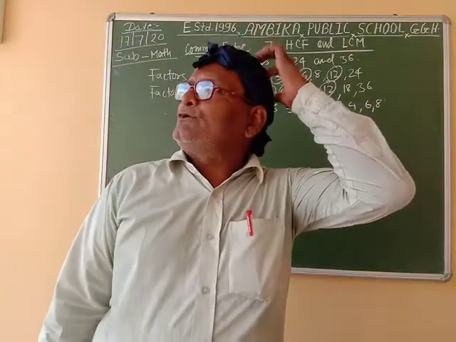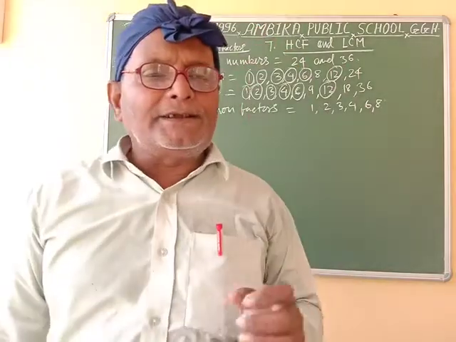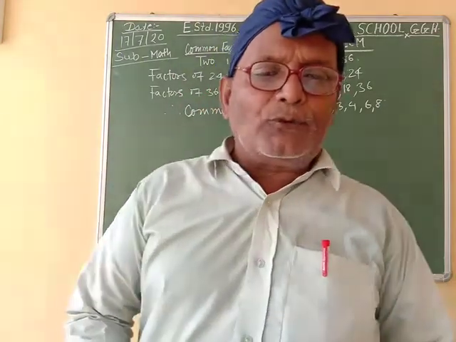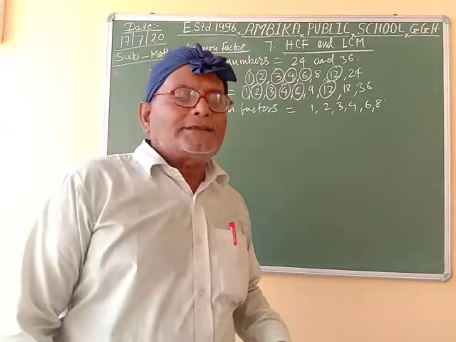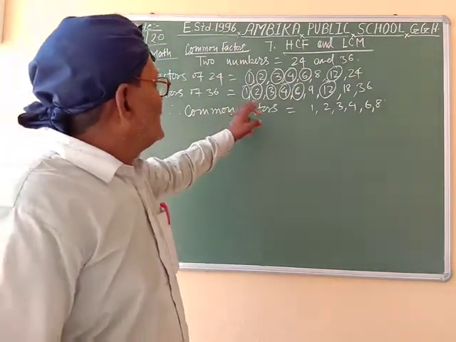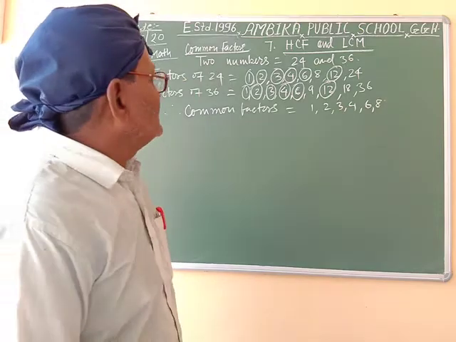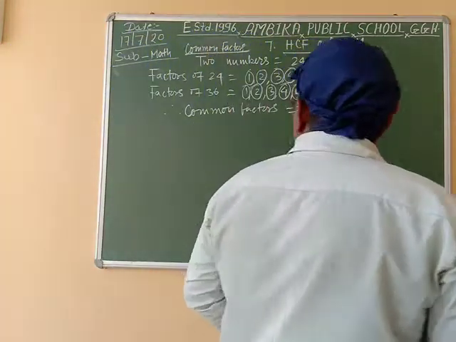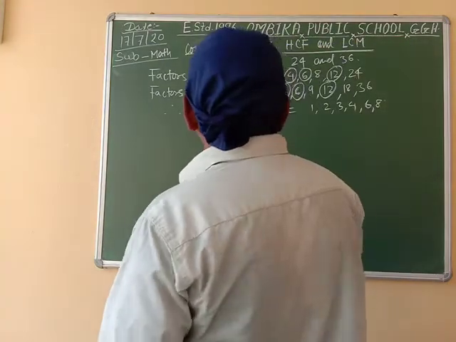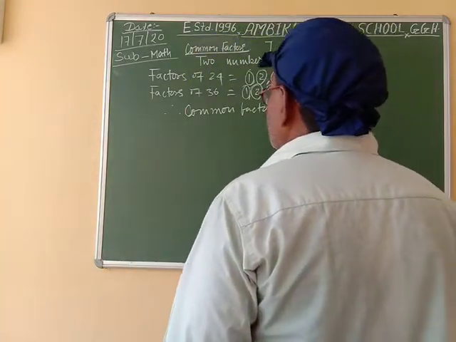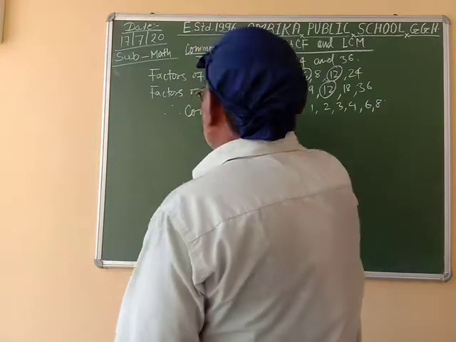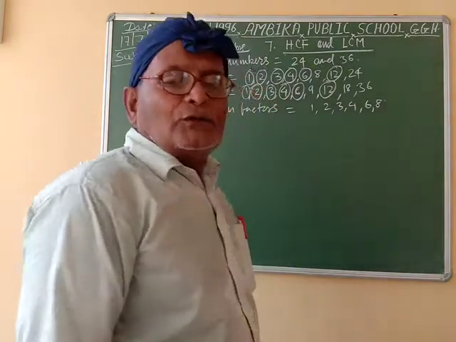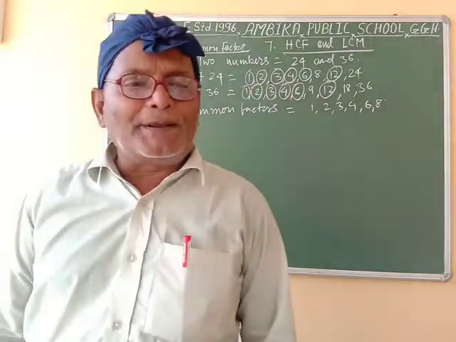Let us consider the two numbers 24 and 36. Factors of 24 are 1, 2, 3, 4, 6, 8, 12 and 24, and factors of 36 are 1, 2, 3, 4, 6, 9, 12, 18, 36. Therefore the common factors means उभयनिष्ठ गुणनखंड. 24 और 36 में उभयनिष्ठ गुणनखंड जो कि दोनों में शामिल है वो है 1, 2, 3, 4, 6, 12. So these factors are called common factors.